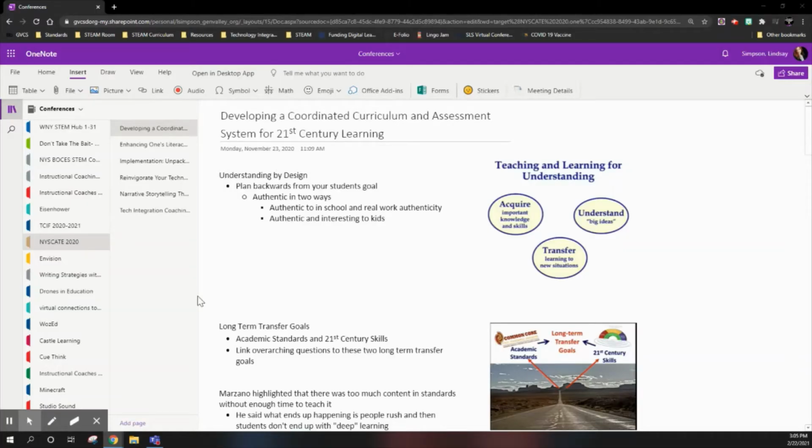In this video, I'm going to show you a little bit about how you can use OneNote to track the things that you're learning, to track your daily agenda, to track different meetings, just what OneNote has to offer to keep you organized. So I'm showing you my notebook for conferences, and I like to think of OneNote as just